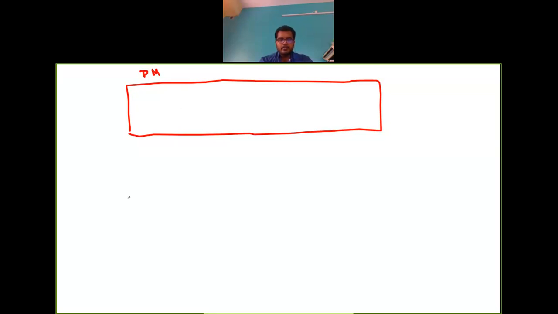Now whenever you are running a program, a virtual memory space is created. This is your virtual memory, suppose for the parent process. Whenever you try to execute a program, a virtual memory space is created, and this virtual memory is mapped.